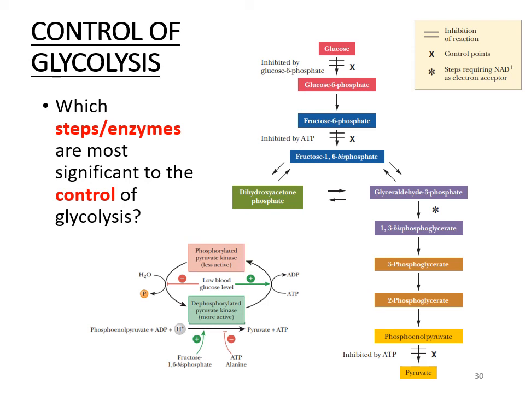And when we talk about controlling a pathway, there are usually three best places to target. Okay, and I'll have a recap slide in a minute. The three best places to target any pathway is at the very start, the very end, or the intermediate. Okay, and so in the case of glycolysis, we said the very start, the first step to look at is